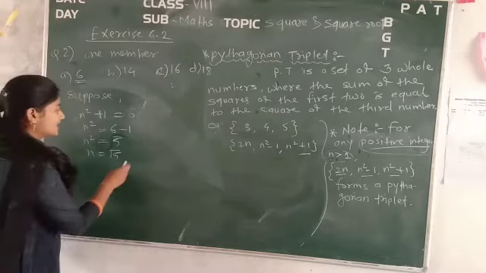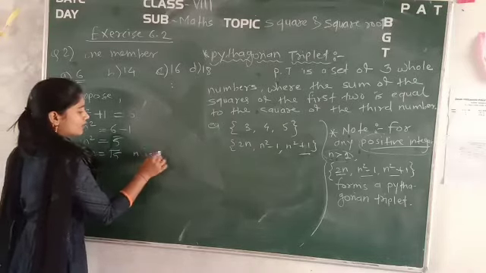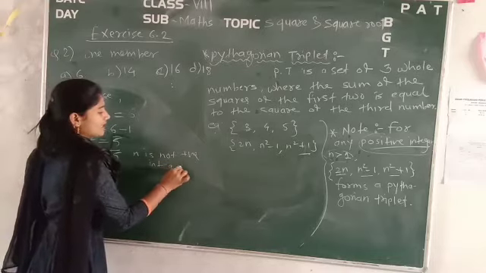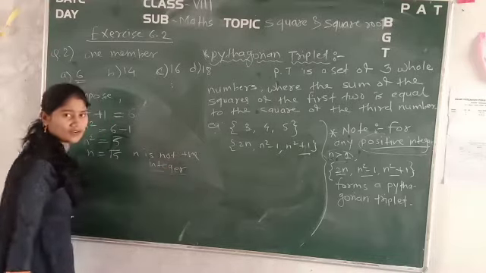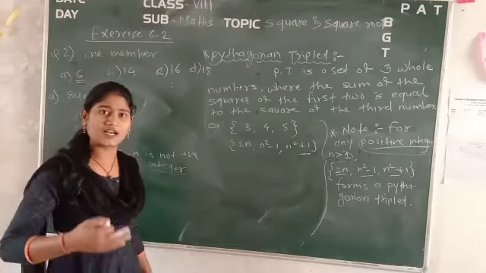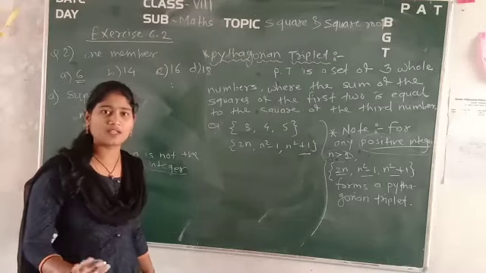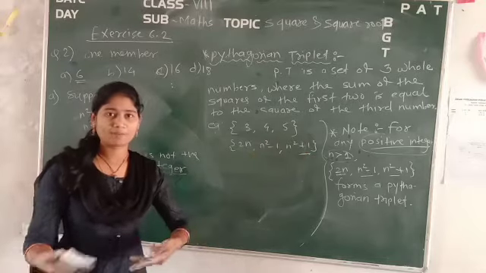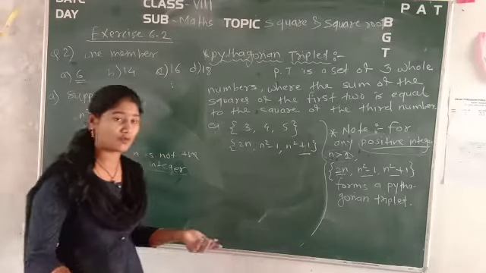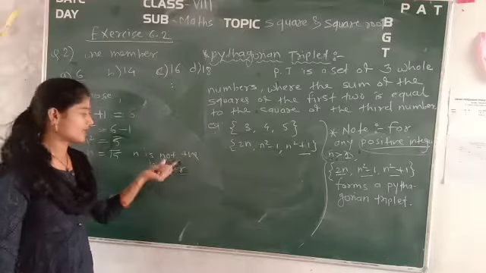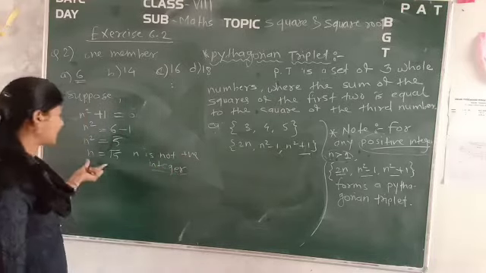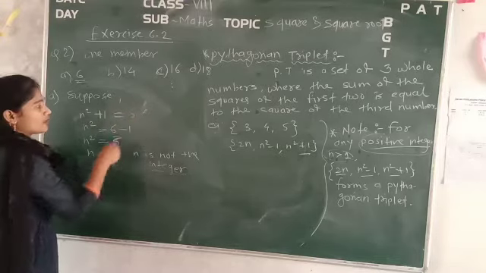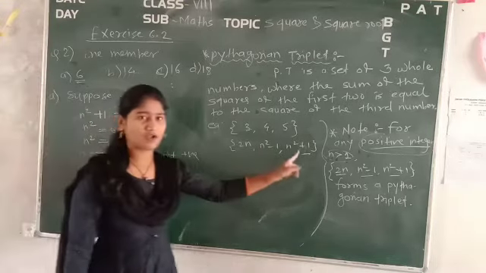That's why we can say n is not a positive integer, or you can directly say n is not an integer. Okay, we will not get an integer, we will get something decimal. So we don't want the decimal, we want an integer which is also positive. But square root can be positive or negative, that's also one point. That's why we want a positive only, but it should be an integer. But here this condition is not satisfied. So we can say n square plus 1 is not equal to 6. So this member is not the third member.